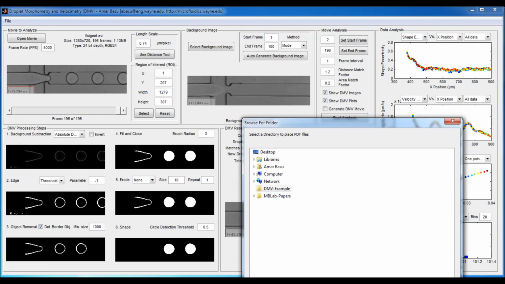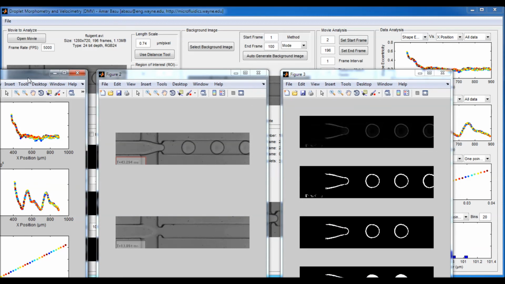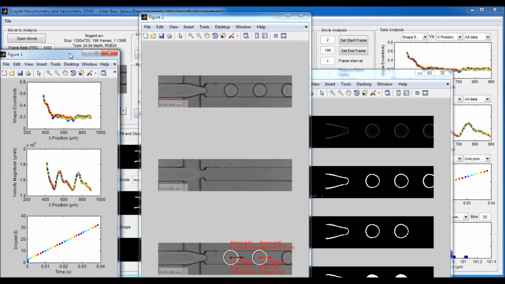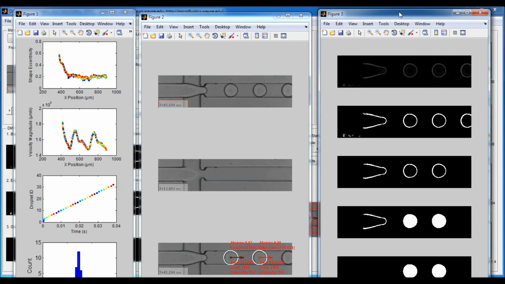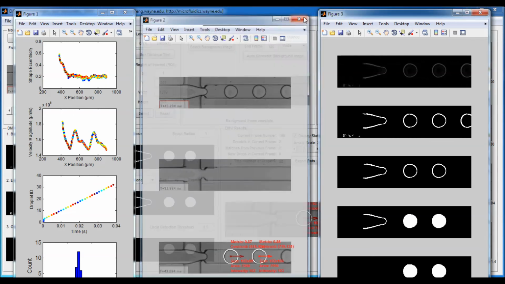and choose the directory that you want to save those PDFs in, and you'll see these 3 windows pop up. Let me drag them over here so you can see. Figure 1 contains all the 4 plots that you selected, including the labels and whatnot. The second figure contains the original image frame, the background image frame, and then the analyzed frame, just for illustrative purposes. And also for illustrative purposes, figure 3 shows the various image processing steps that were used to obtain this analyzed image. So if we close these windows here,